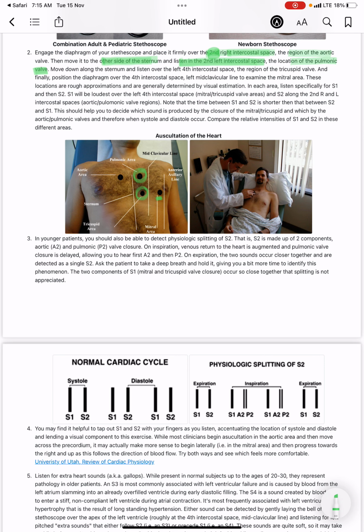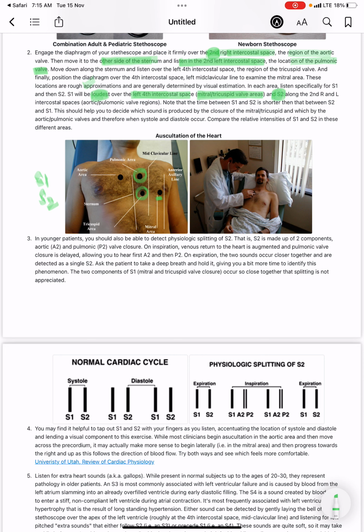They are just rough approximations. In each area, you have to listen specifically for S1 and S2. S1 will be loudest over the left fourth intercostal space. So where is S1 loudest? It is loudest over the left fourth intercostal space, the mitral or tricuspid valve areas, and S2 is loudest along